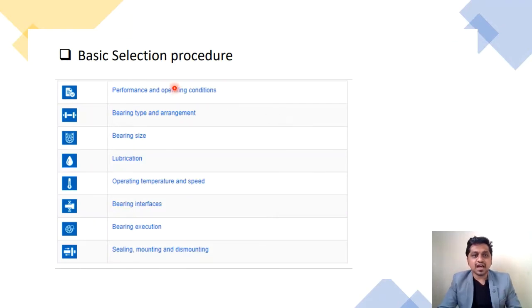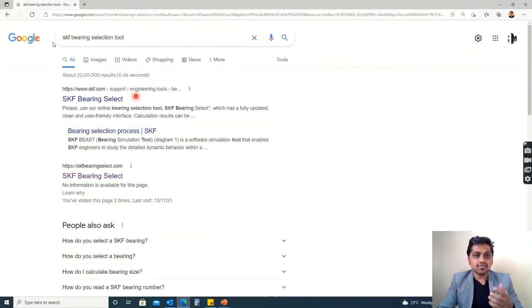These are the basic selection procedures that we have to take into consideration, and you can read all these factors. Let's see how we can put all these parameters into the tool and get our required output. First, search for SKF bearing select tool in Google, so you can see the options.